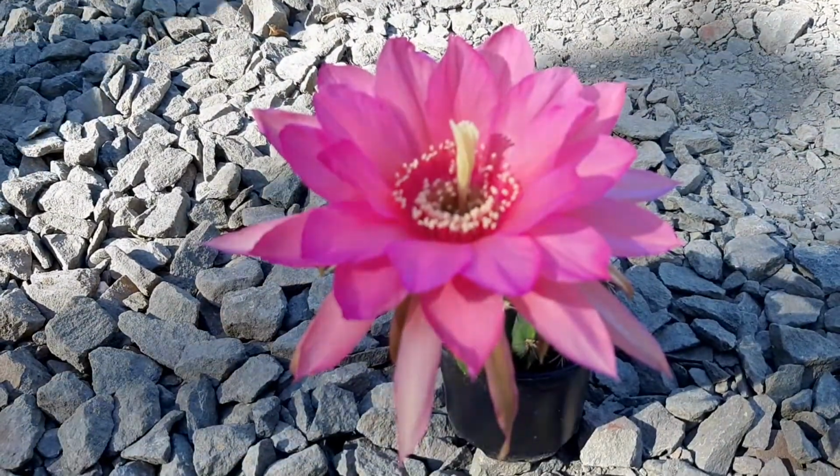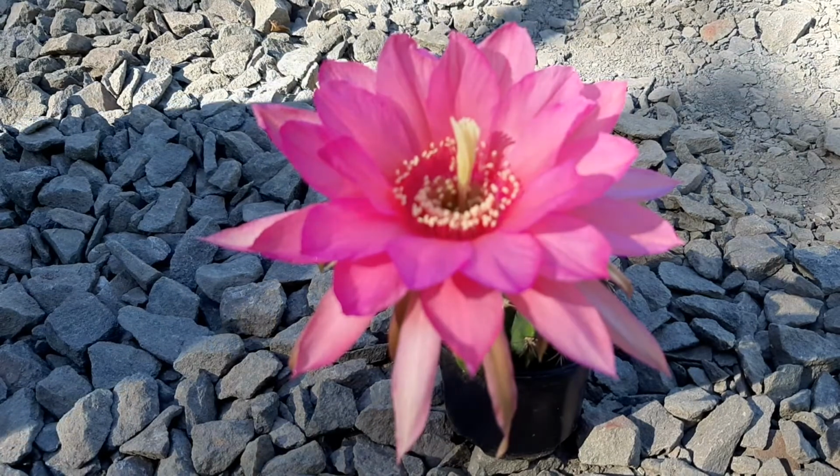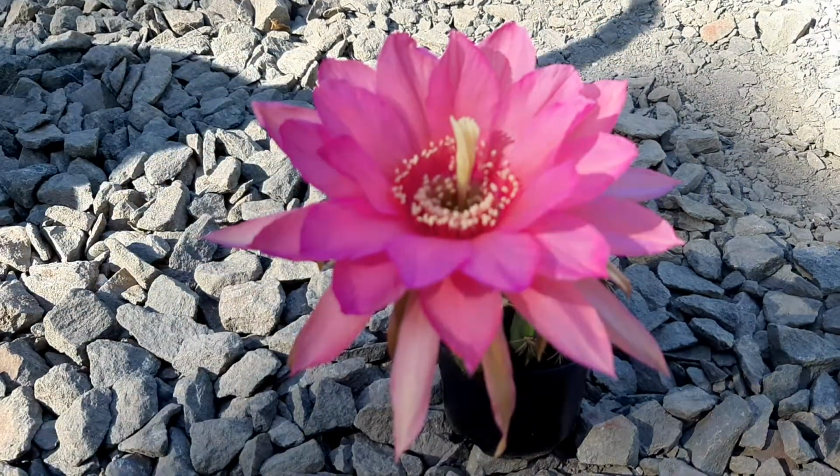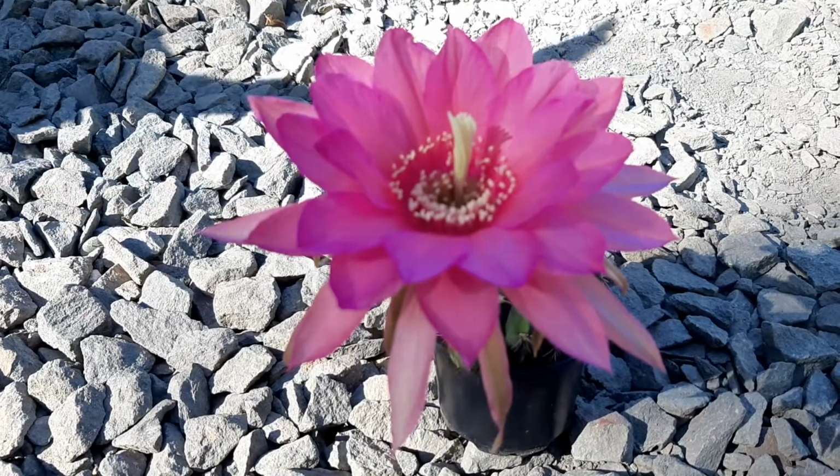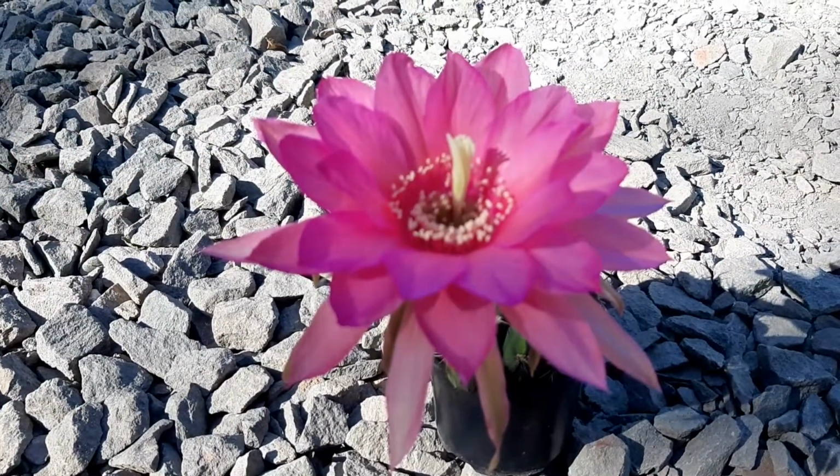I think that stone is going to need a very good cleaning later. I actually thought about throwing it away now, but I'll give it a go with the water hose. All right, so